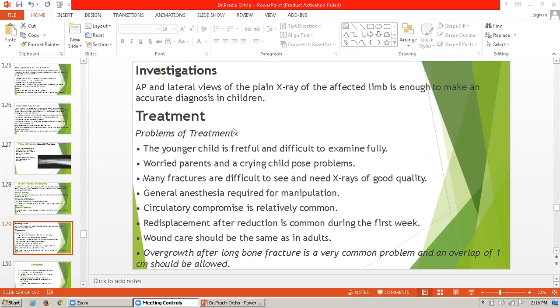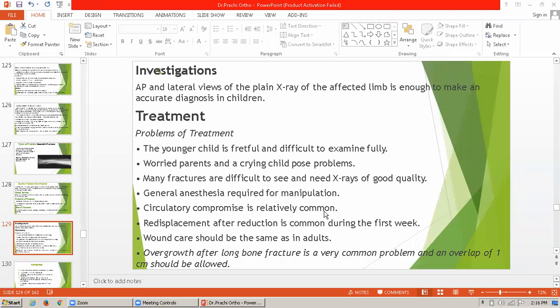Treatment: the problem of the treatment is that the younger child is fretful and difficult to examine fully. Worried parents and a crying child cause a problem. Many fractures are difficult to see, and there is a need for an X-ray of good quality. Then it requires general anesthesia for the manipulation,